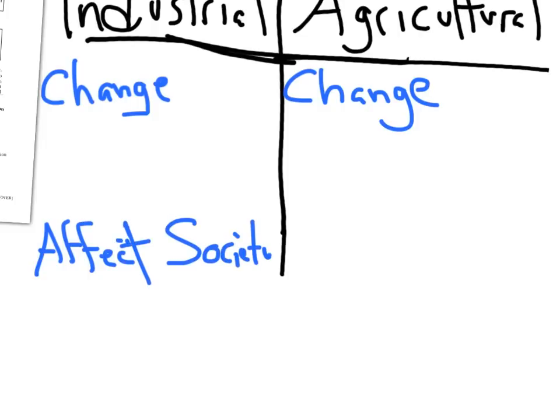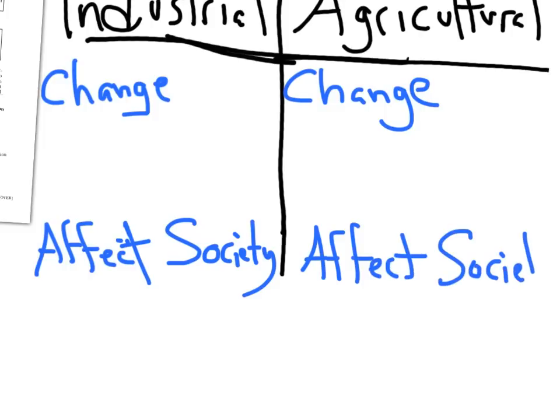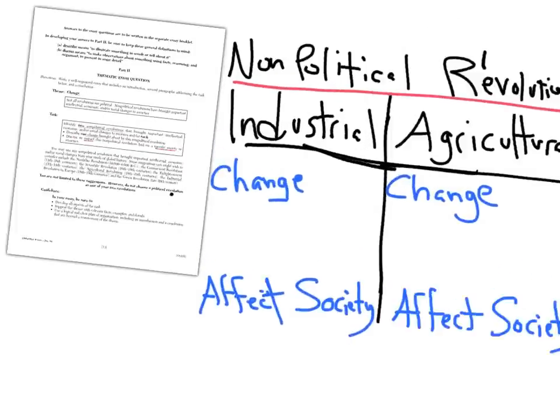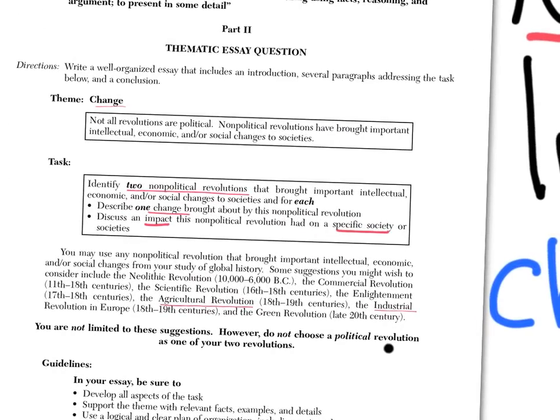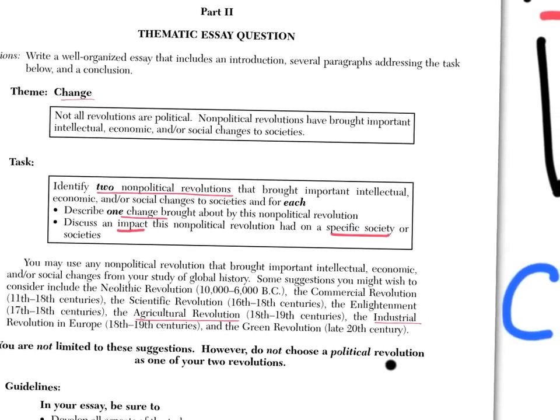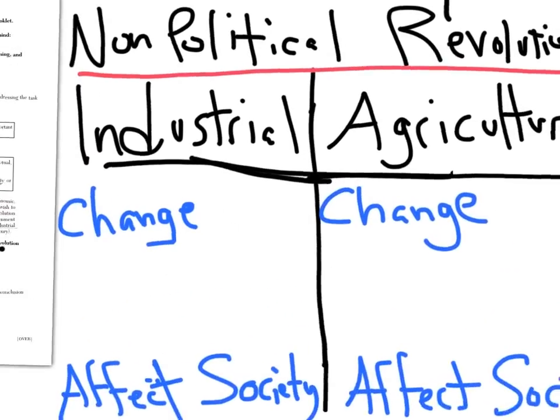So once we set it up like this, we haven't even really done any critical thinking yet. We haven't drawn on any of all the information we've been learning over the last 2 years. We're simply structuring it appropriately. All right, so what change was brought about and an impact on society? All right, so change. If we're talking